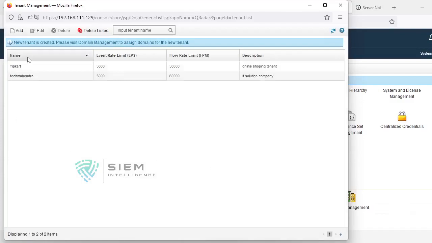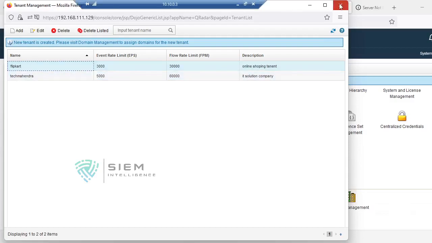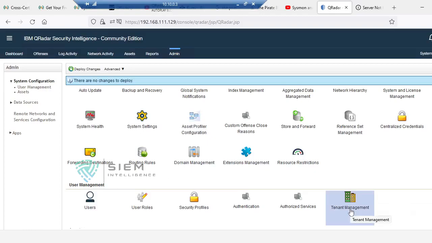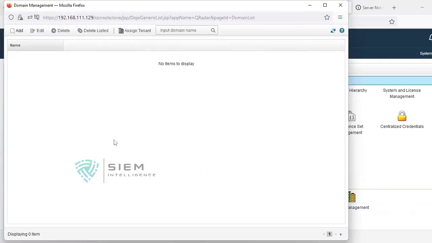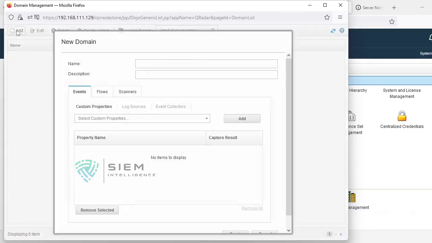So now I have created Flipkart and Tech Mahindra, two different domain tenants which have taken Curada as a service from your organization. Now we need to add a domain with respect to these tenants. People used to have their own domain. After this there is an option called domain management. You just click over here. With respect to this tenant, you need to create the domain. What is your domain? First I am giving